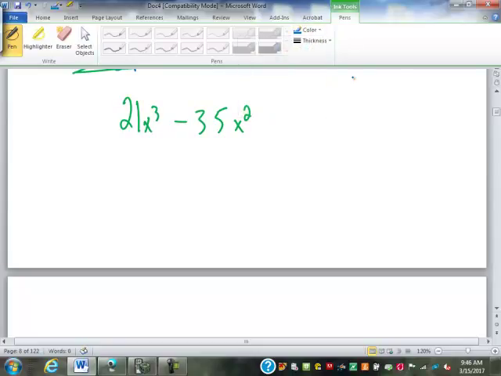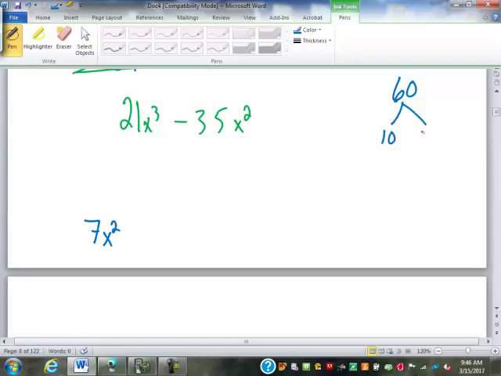If we find the GCF of 21 and 35, what's it going to be? Greatest common factor, 21 and 35. 7. For x to the third and x squared, x squared. When I was doing whole numbers, if I was factoring 60, let's say